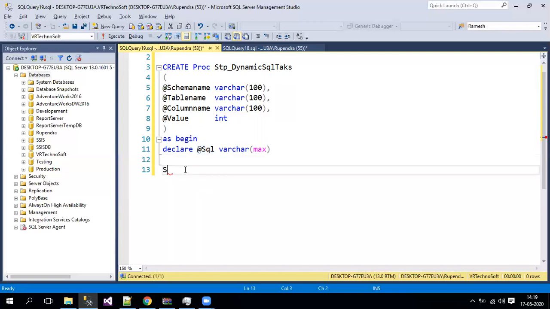So set @SQL equals to, and we'll just keep all the static things. In a select query along with the where clause, whatever static keywords are there, we'll keep them in single quotes, and whichever is passed through a variable, we'll just allocate that variable's values. So just see, I'll start with a quote. Now select star from. Up to this it is dynamic, so I have given a space here. Up to here it is a dynamic query, right?